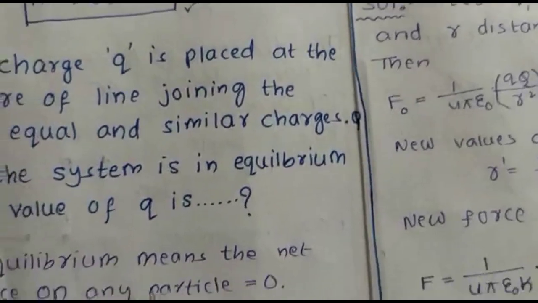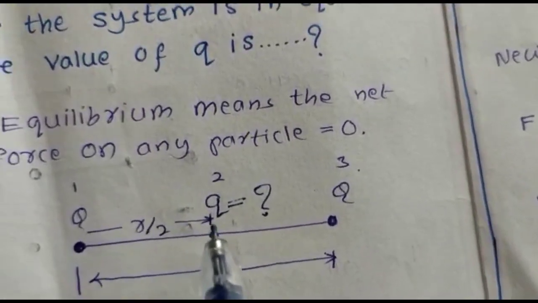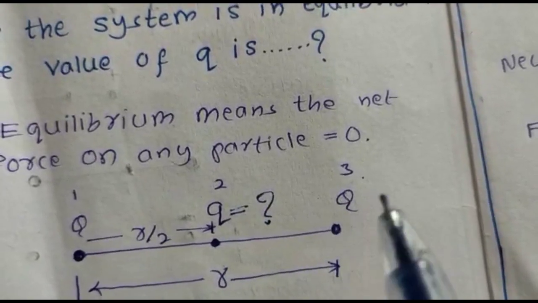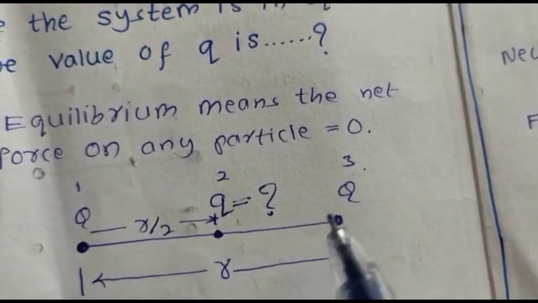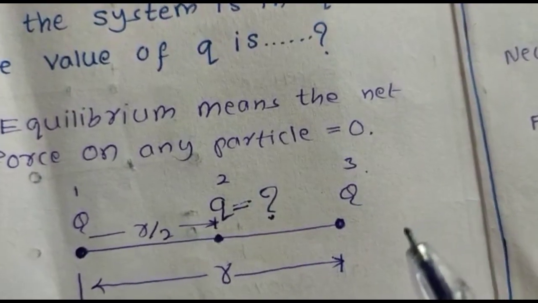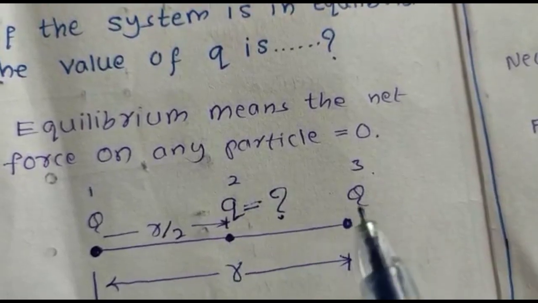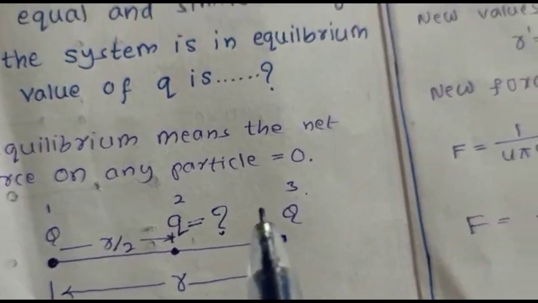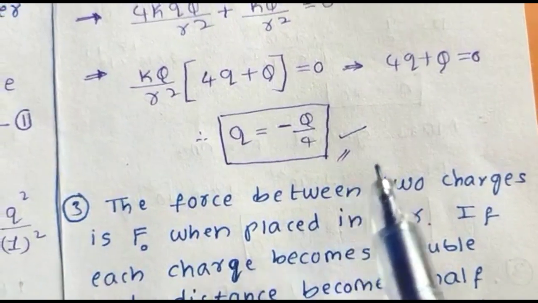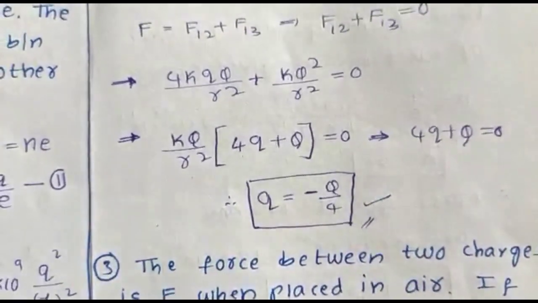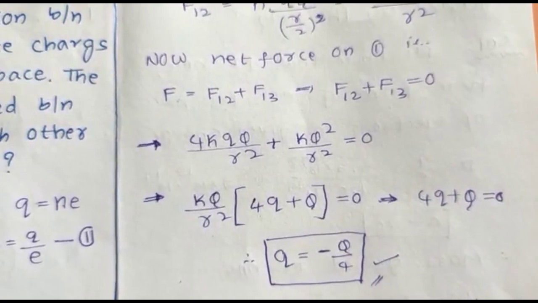Here in the question, when in place of the small q, if you place minus Q by 4, what does it mean? It means 1/4 of the given two charges with opposite sign. Here we got minus Q by 4. That minus means we have to substitute the opposite charge of them. Therefore, that charge, q equal to minus Q by 4, is the suitable charge to put in between them to get the equilibrium of all three charges.